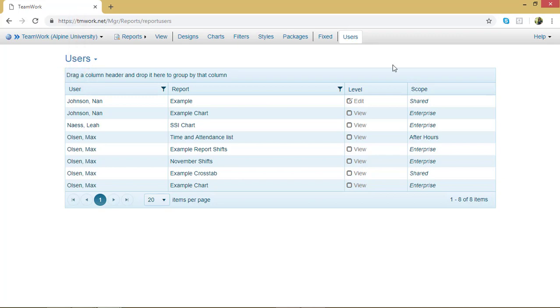And to change who does and does not have access to your reports, watch the videos on how to share your reports and charts, as well as the Teamwork 5 organization role video. That's how you can see who has access to your Teamwork 5 reports. Check out the next video to learn more about your Teamwork 5 account.